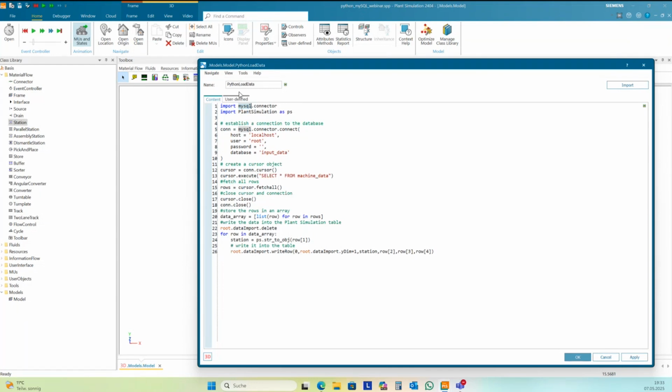I installed Python directly from Python, and there's MySQL already included. You don't need to install one additional library for this. Yeah, sounds like a good answer.